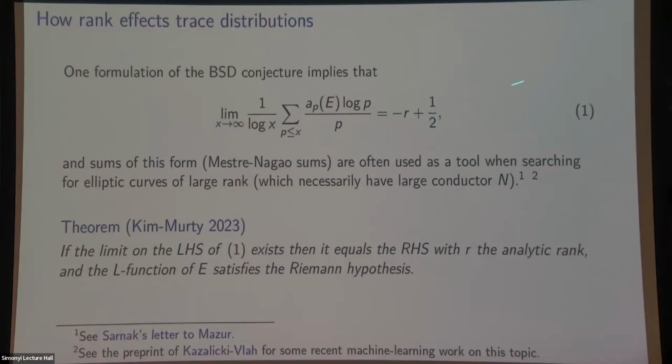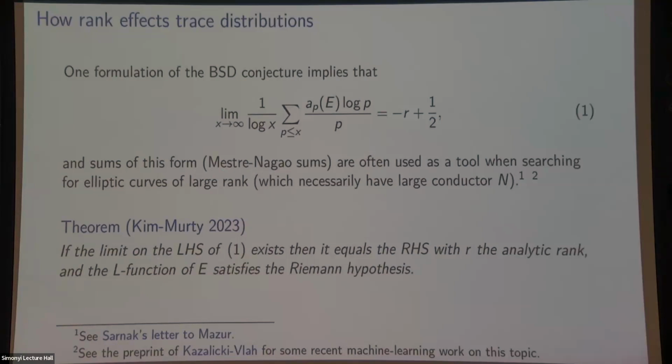And I should note the 1/2 here is quite important. And Mazur wrote a very nice article about sums of this form and various refinements of them, entitled Finding Meaning in Error Terms. And Peter Sarnak wrote Mazur a very nice letter making some comments on that article, noting in particular, and one thing I thought was striking in the letter, the relationship to the conductor. And the fact, I mean, this is not hard to show, is that if you're going to have large rank, you have to have large conductor. And that's very relevant to